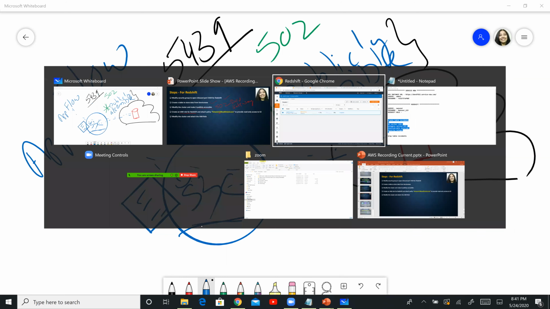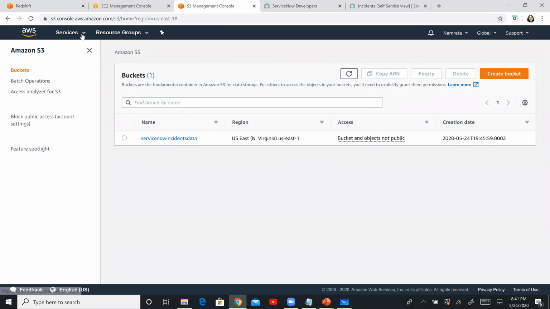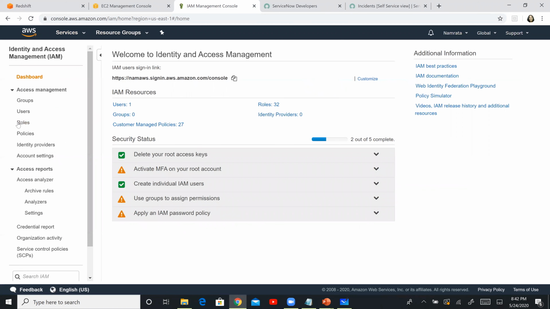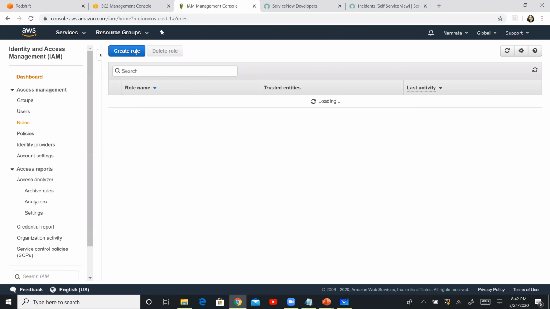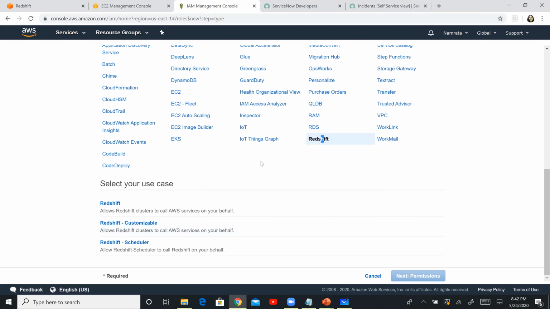Okay, so let's go here, go to services, go to IAM, and we will create a role over here and provide it read-only access. So click on roles, create, and we will say Redshift customizable.